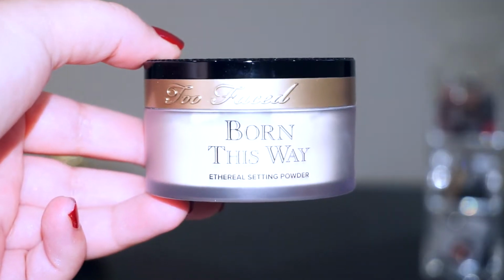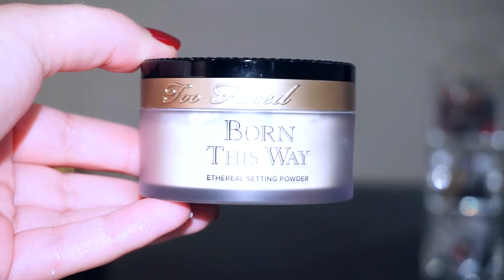I love it. I also picked up the Too Faced new Born This Way Ethereal Setting Powder. So this is their newest addition to their Born This Way range, which already contained a concealer and foundation, but now they also added a loose setting powder to that range. First of all, the packaging looks adorable. I also featured this in my August hits and misses along with the lip gloss, and also the next product. So I'm not going to go into too much detail because I already talked about this, but